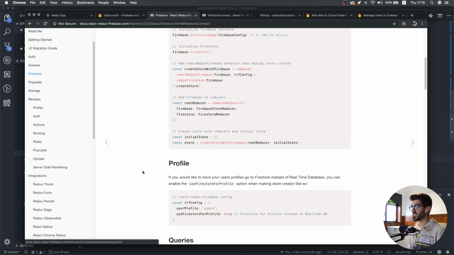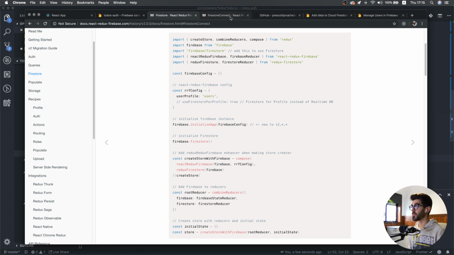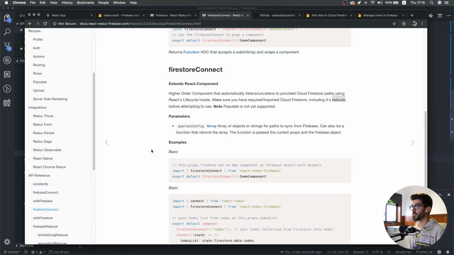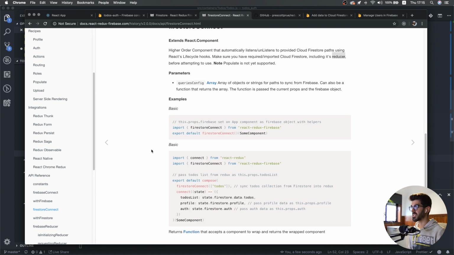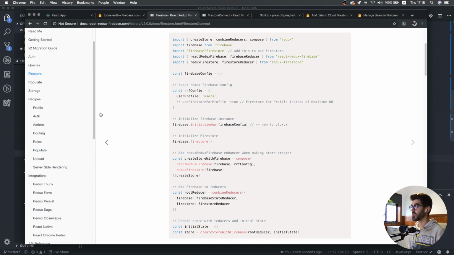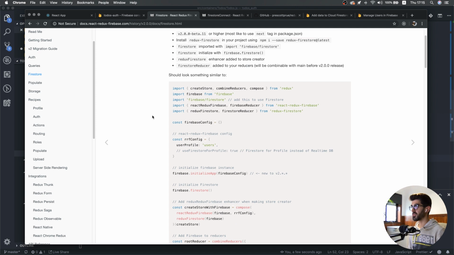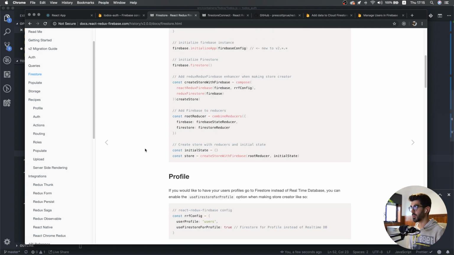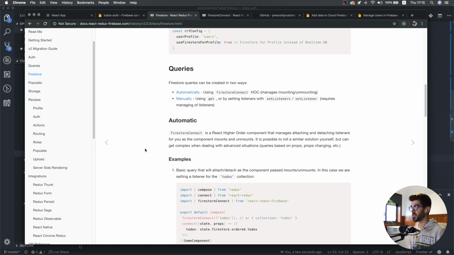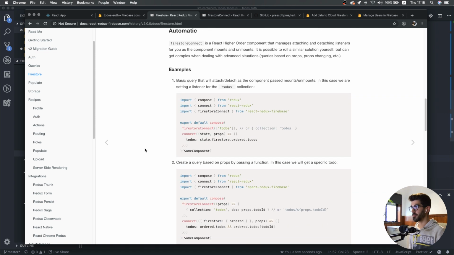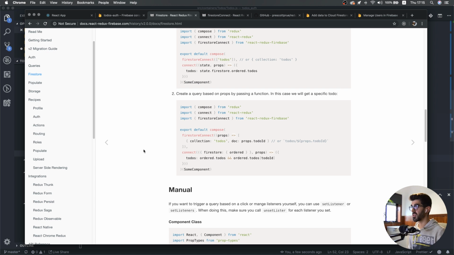Another thing that we are missing is that it doesn't make sense to subscribe to all to-dos, right? What we need to do is subscribe to the to-dos only from the user that is logged in. We can do that, for example, here. You can say collection to-dos and the doc, or you can simply say, like you saw here,